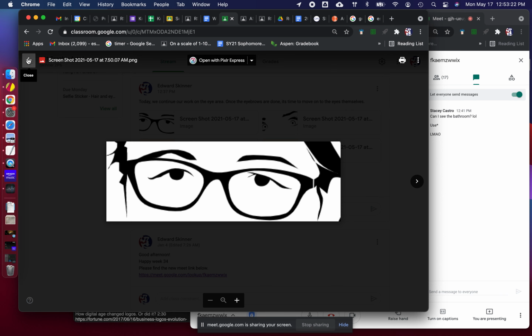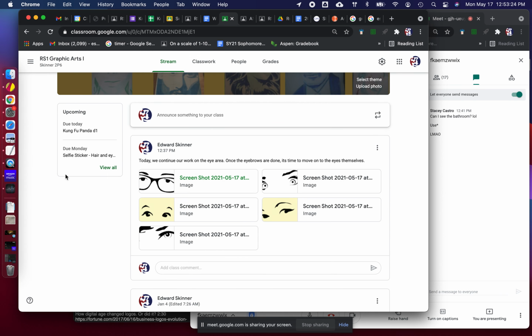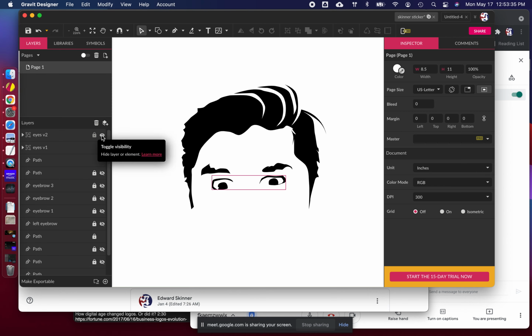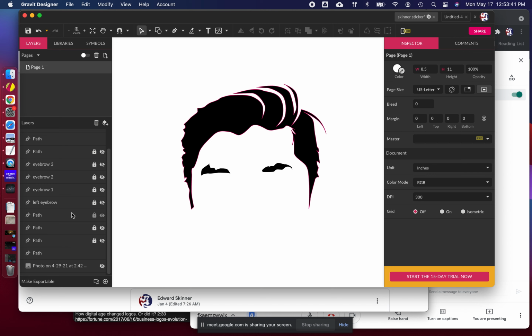I wanted to walk through that with y'all real quick. We're going to go ahead and pull up Grab It. This is my example from earlier today. We can go ahead and get rid of those. This is where we're at right now. I'm working on the same document that I've been working on, the Skinner sticker. I saved it to the cloud, so we're going to continue to work on this and toggle